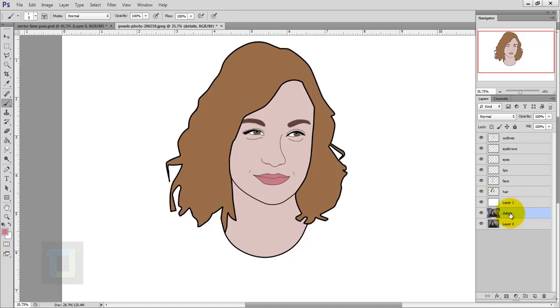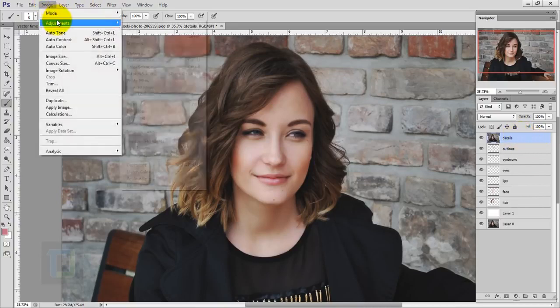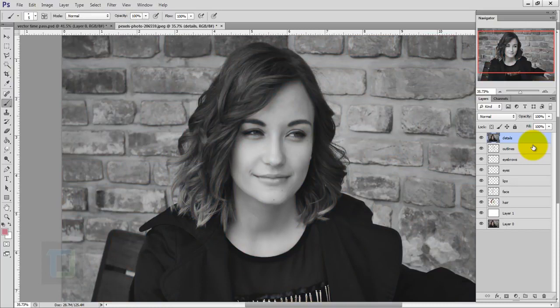Now I'm gonna select this layer and put it on top of everything. Now we have to make it black and white. So you can go to image, adjustment, and select desaturate. So it's black and white. After that, we have to apply a filter, but before you do that, make sure your colors here are black